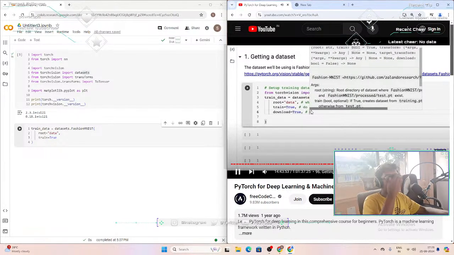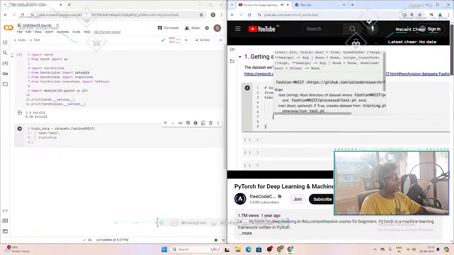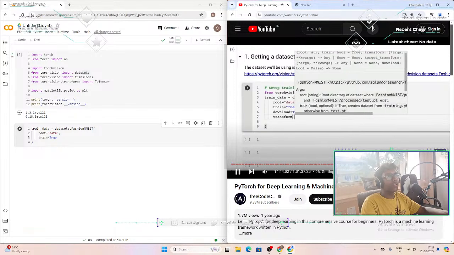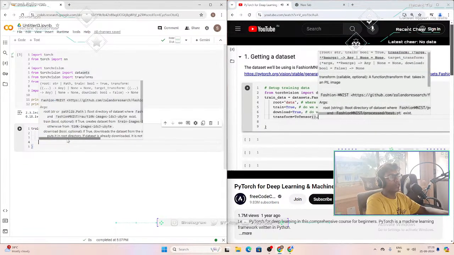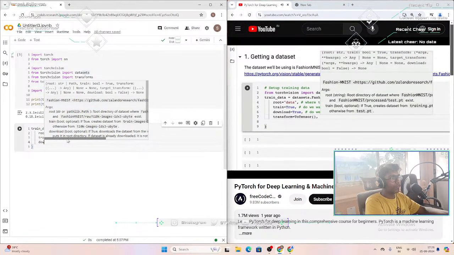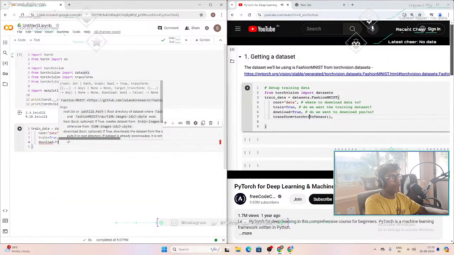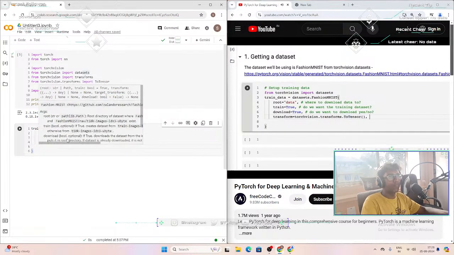Okay, do we want to download it? Yes, no. So yes, we do. We're going to set that to true. Now, what sort of transform do we want to do? So because we're going to be downloading images, and what do we have to do to our images to use them with a machine learning model? We have to convert them into tensors. So I'm going to pass the transform ToTensor, but we could also just go torchvision.transforms.ToTensor. That would be the exact same thing as what we just